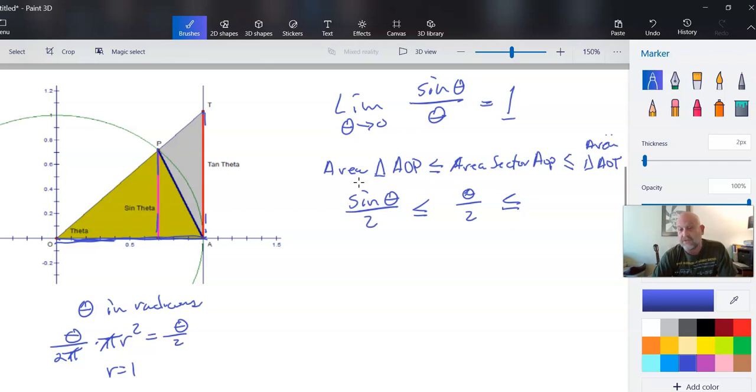This length is tangent, and it always is. But you can use similar triangles to verify that if you want. Remember, this side is 1, so that means that tangent theta over 1 is going to be sine theta over cosine theta, because this side's sine over cosine. And we already know sine theta over cosine theta is tangent, right? So this piece right here is the tangent,